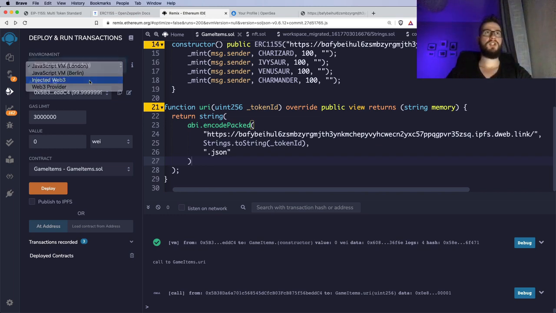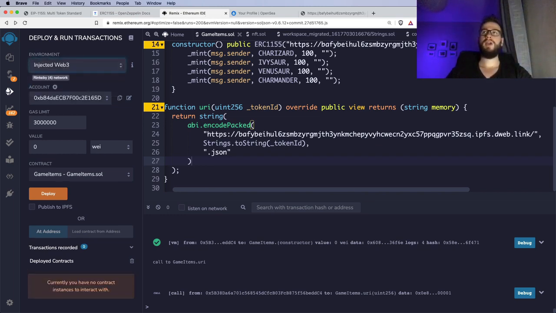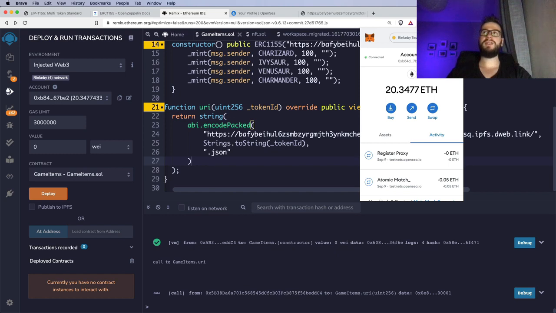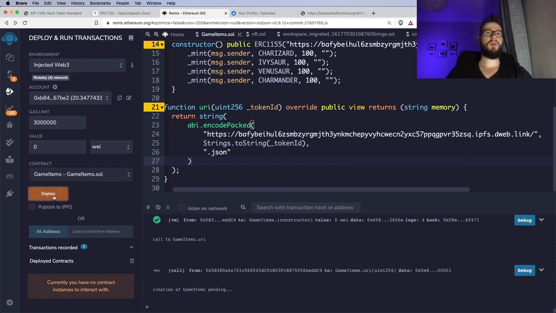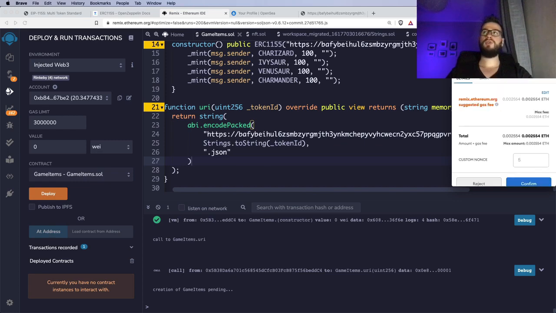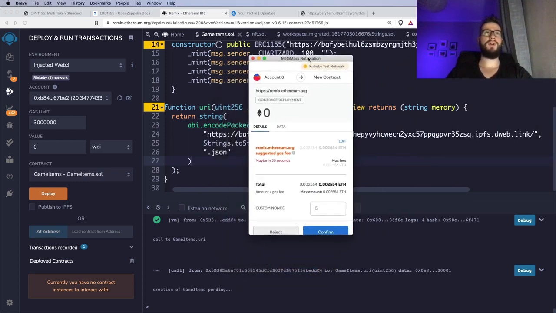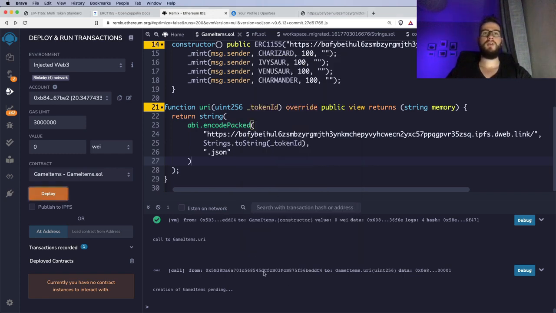I will use the injected Web3. Here I will make sure that I'm in the Rinkeby test network, and right now you can see that we have the Rinkeby network, and we have exactly the same address that I have inside MetaMask. And now I can click deploy, and we are no longer using the JavaScript virtual machine, we are using the test network, and we can just click confirm, and after a minute our smart contract will be deployed into the